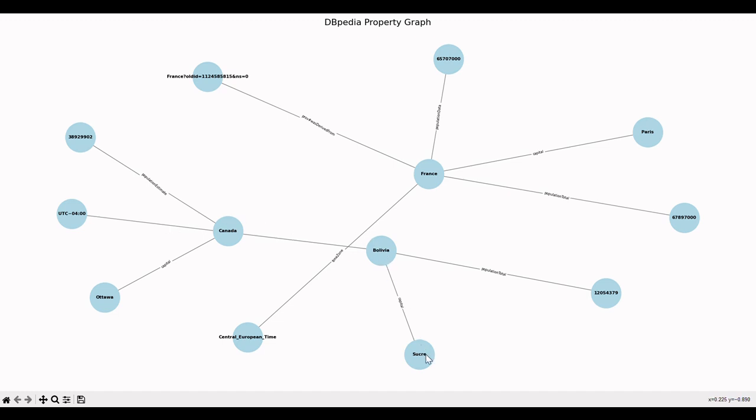And also we have the capital of all of the countries, and the continent is deduced from the time zone of Bolivia and France. But in Canada, I wasn't able to obtain any hint of the continent. Nevertheless,